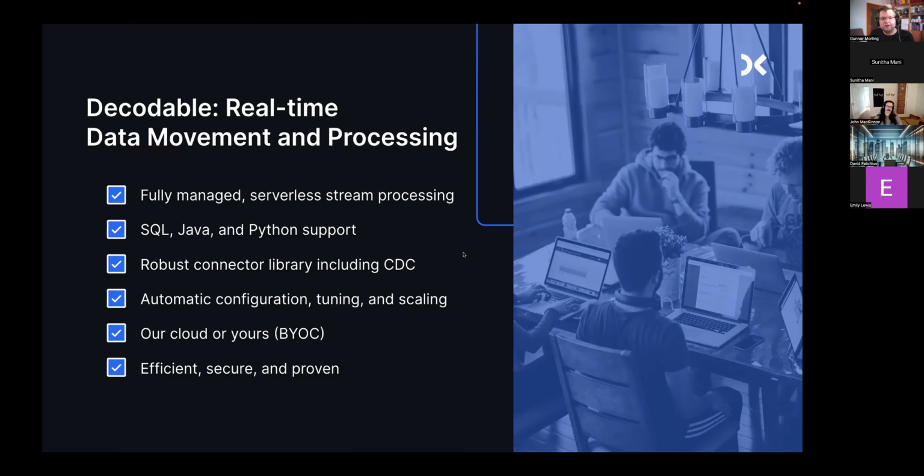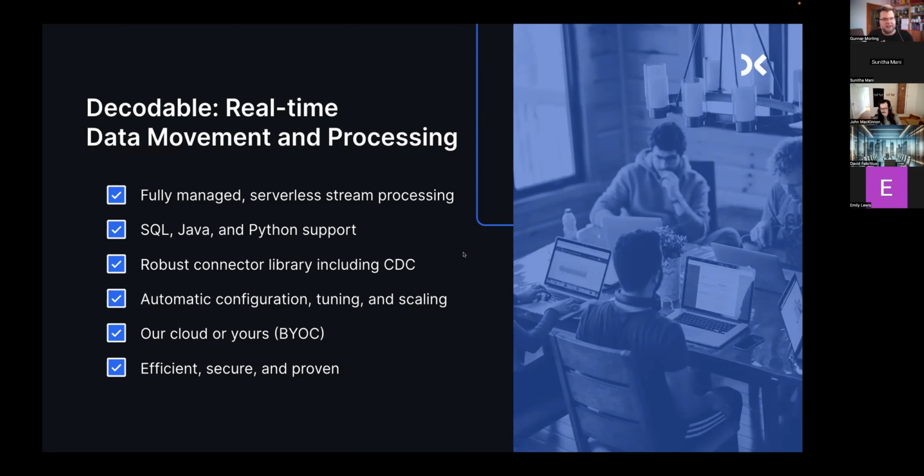And as it's a cloud service, by default, people use it fully managed in our cloud, so you don't have to touch any infrastructure at all. But then sometimes there's a concern about data sovereignty, so people would like the data not to leave their own security perimeter. And this is what we support by a model called Bring Your Own Cloud, or BYOC for short, which essentially